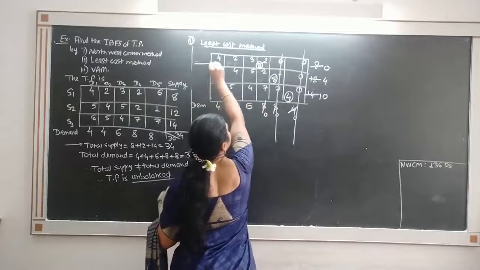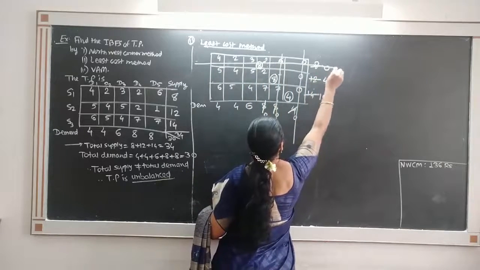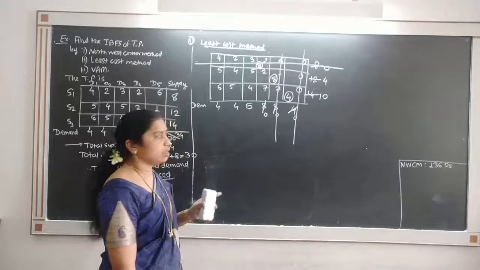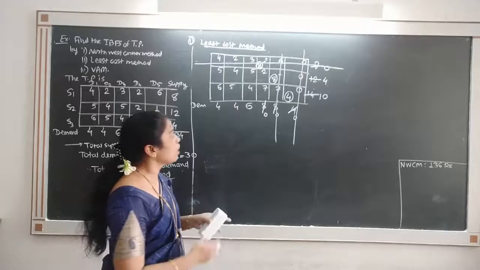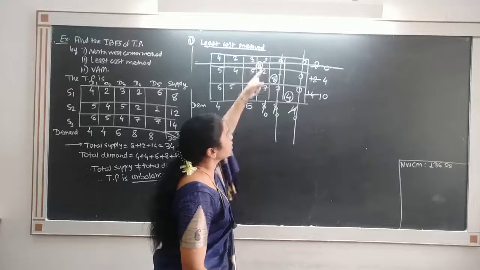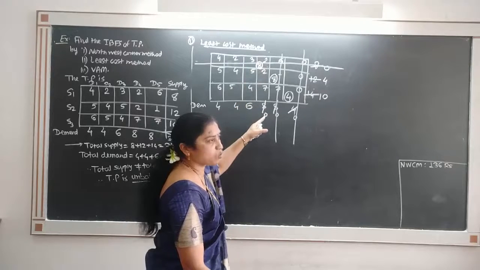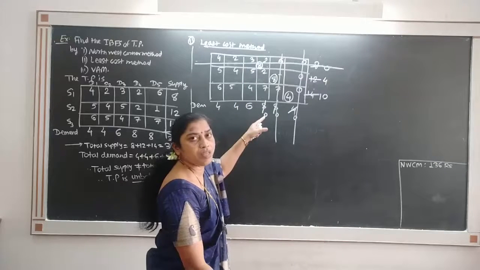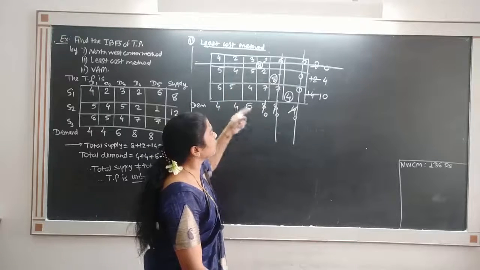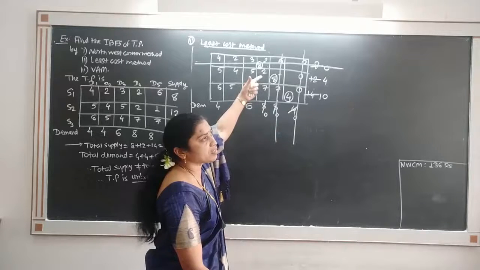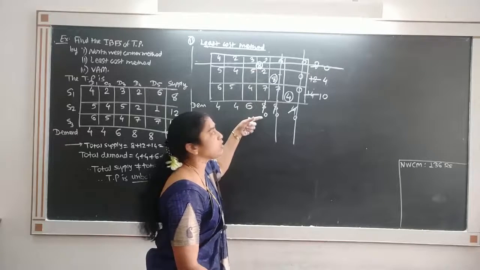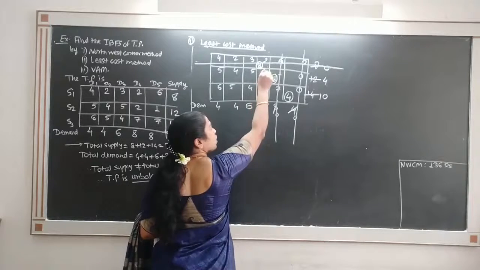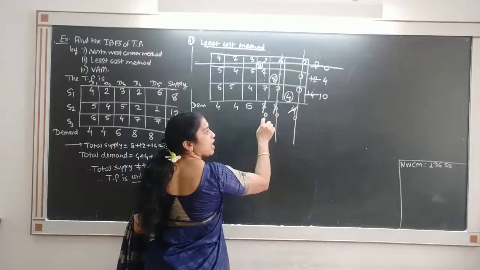So cross out any one only. So I will cross out the row only. Cross out either row or column. So I will cross out the row. Now remember that because this column has demand 0, in this column there will not be any allocation made. So even though in the remaining you will observe that 2 is the smallest, you are not able to allocate in this column because already it has demand 0. So don't think of this column, it already has demand 0.